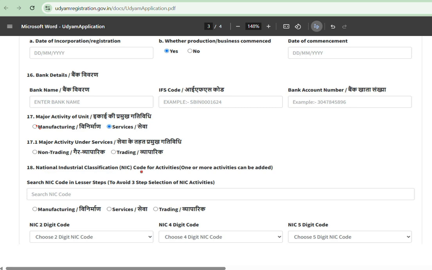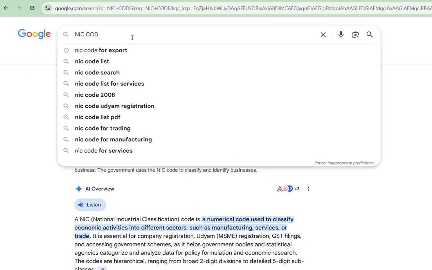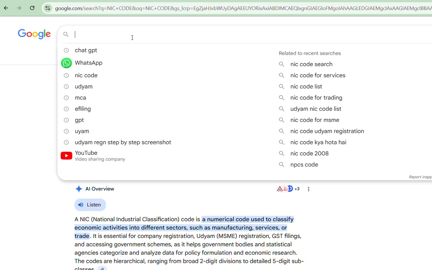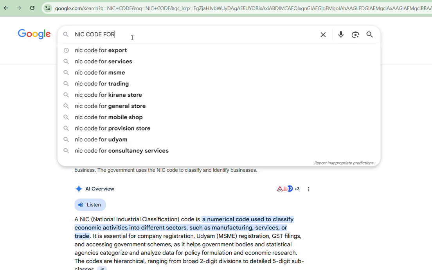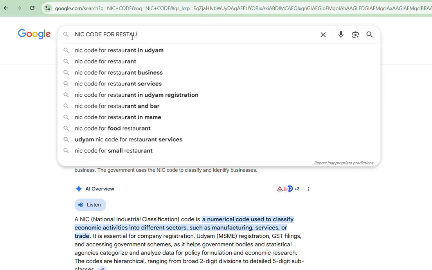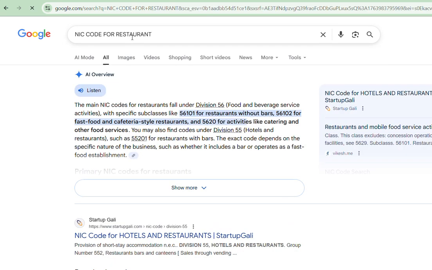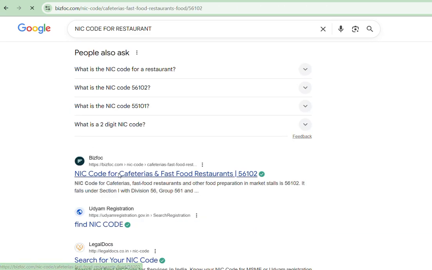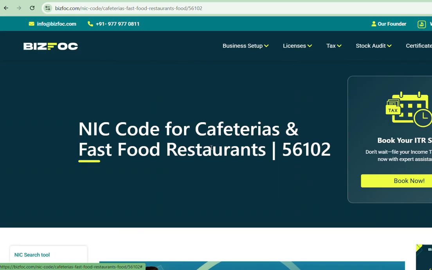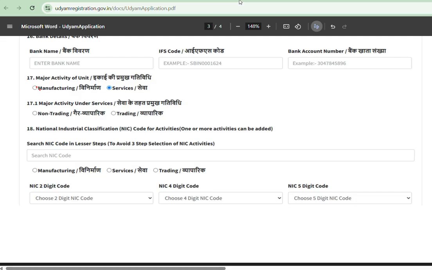And for the NIC code, you can just Google it. See, suppose the nature of business is hotel business, NIC code for restaurant. You can get it here also, and it will always be correct. And if you want, you can refer to any other portal as well. Mention the NIC code,